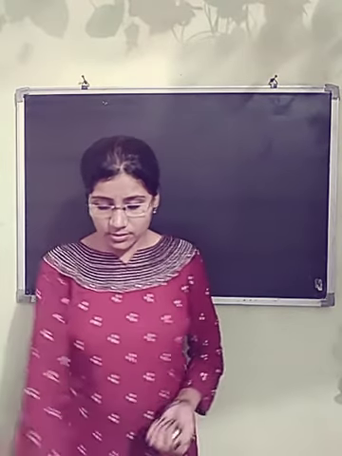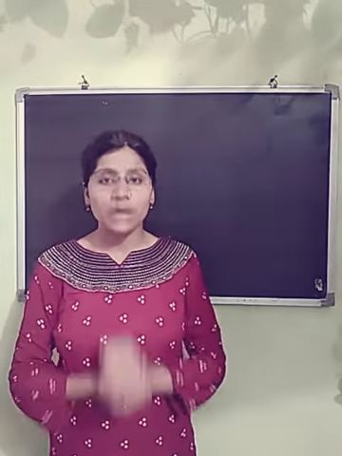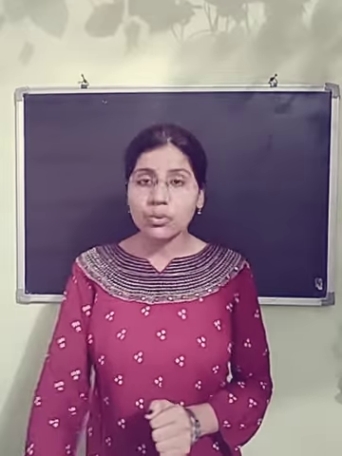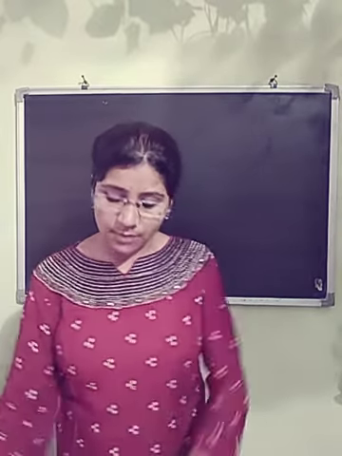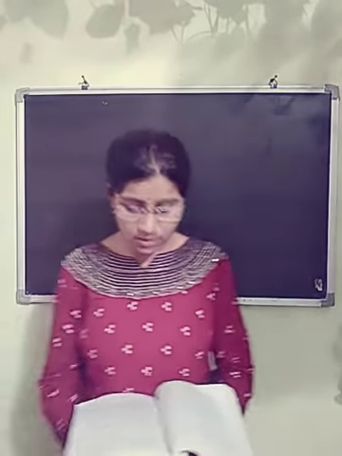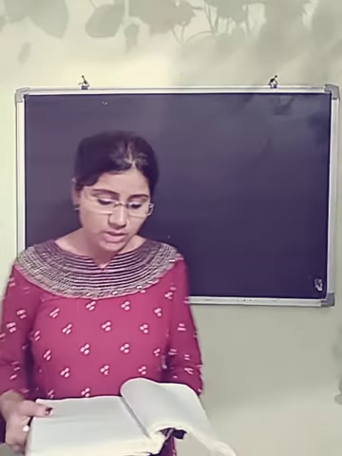So as we have finished three questions of exercise 5.3, now I'm going to continue with question number 4. If you have your book, please open and read question number 4. The question is: how many terms of the AP 9, 17, 25 must be taken to give a sum of 636?